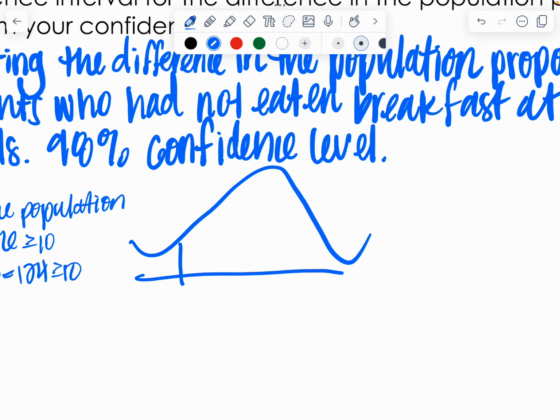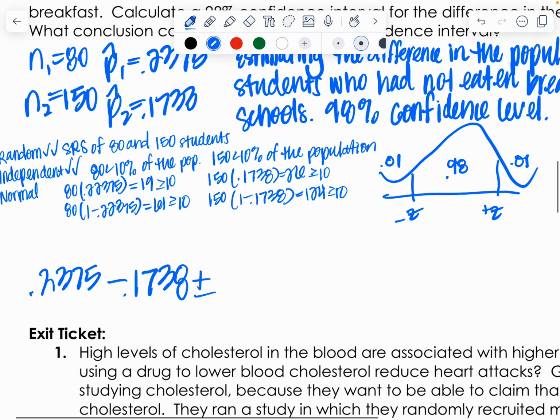So we've got a negative z and a positive z with 98% in the middle. So 1%, 0.01 on either side. When I do inverse norm, I get 0.98 or 0.01, depending on what kind of calculator you have. And so I get a critical value of 2.326, so 2.33